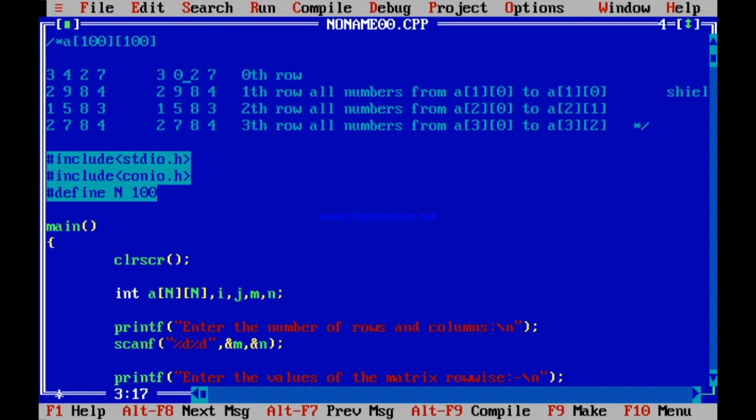So 0, 0, 0. Here also, this is 0, again this is 0. So see, everything above the diagonal converted to 0. This is 3, 9, 8, 4, everything above the diagonal converted to 0.